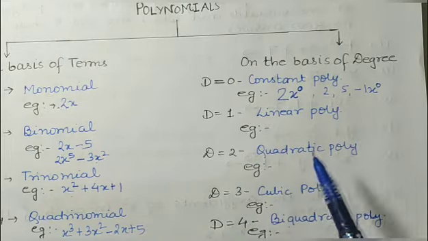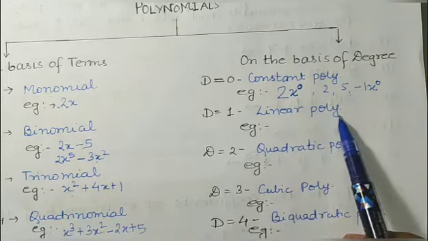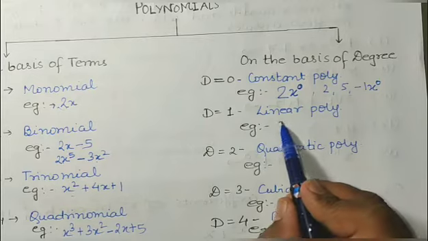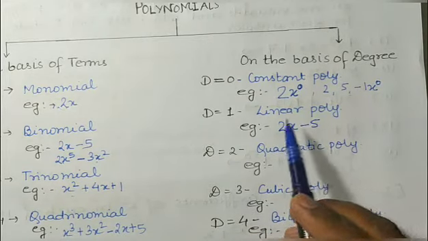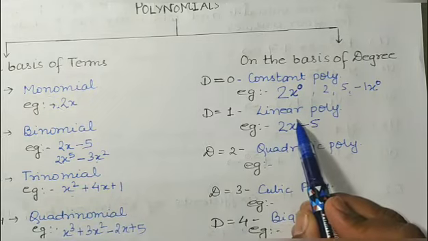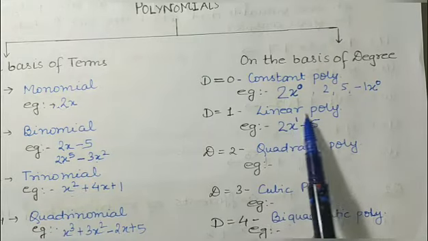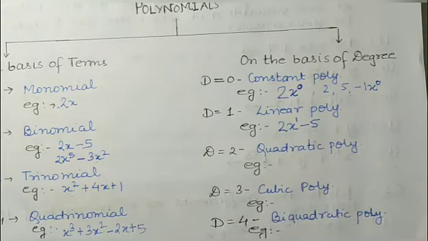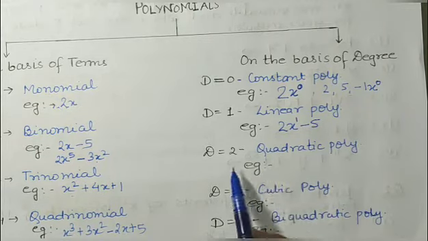When the degree is 1, it will be known as linear polynomial, like 2x minus 5, because linear polynomial means degree should be 1. If nothing is written as the power of x, it means it is 1. When the degree is 2, it will be known as